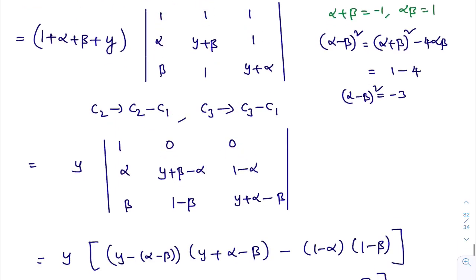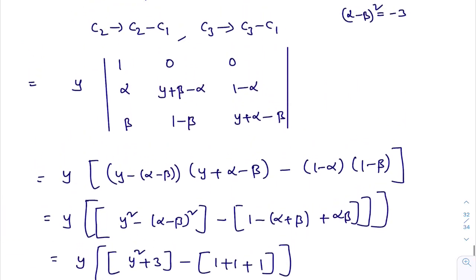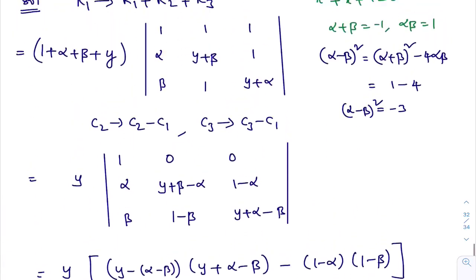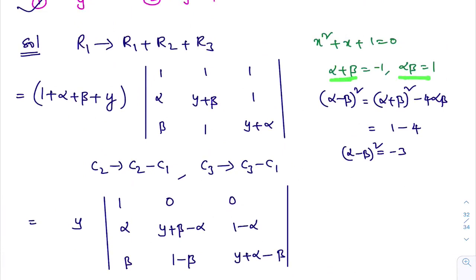Further, if you simplify this, in the process of simplifying you see here you got alpha minus beta. Here you see you got this now, alpha plus beta, alpha beta from the given information. You can calculate alpha minus beta whole square. Expand this. Alpha minus beta whole square is alpha plus beta whole square minus 4 alpha beta, that is 1 minus 4, 1 minus 4 is minus 3. See, these roots are complex roots. The chance is there that when we square we will get a negative answer, right? So alpha minus beta whole square is minus 3.